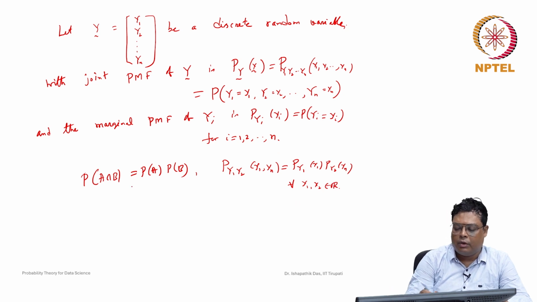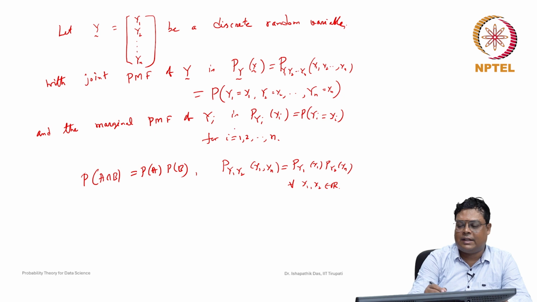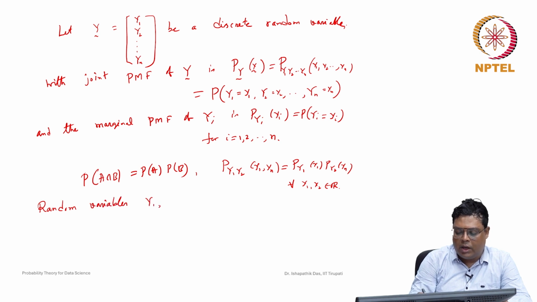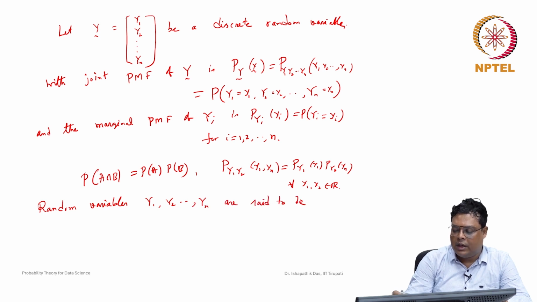Here also we discuss this similarly, as an extension: the random variables y1, y2, yn are said to be independent random variables